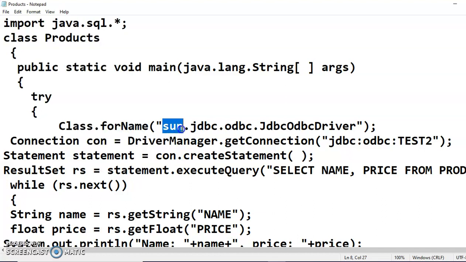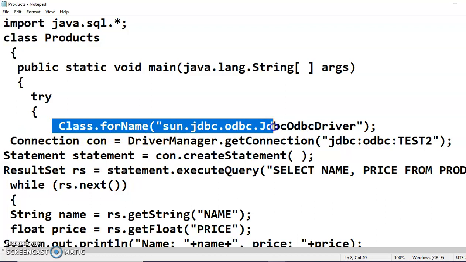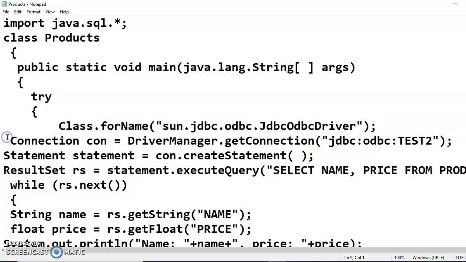So sun.jdbc.odbc.JdbcOdbcDriver. This is step 1, to select the driver: Class.forName.